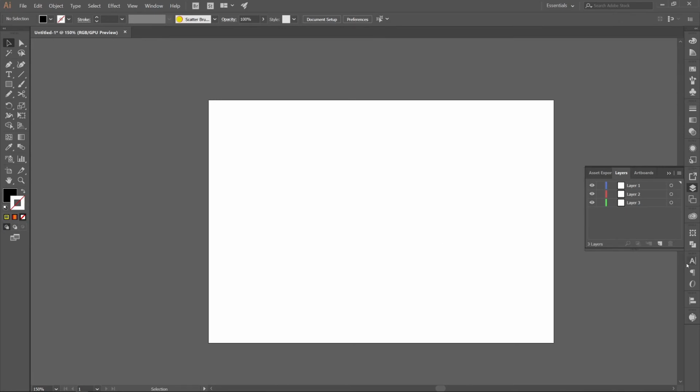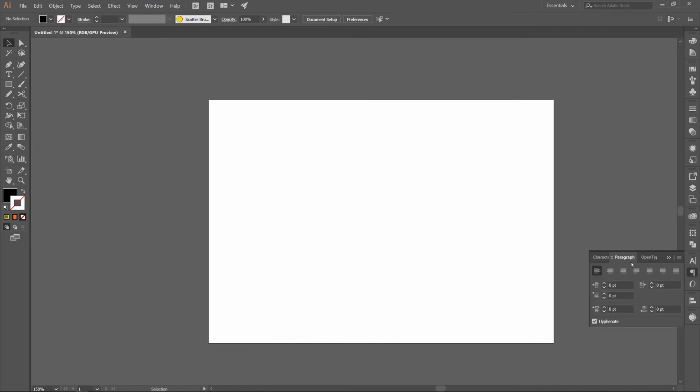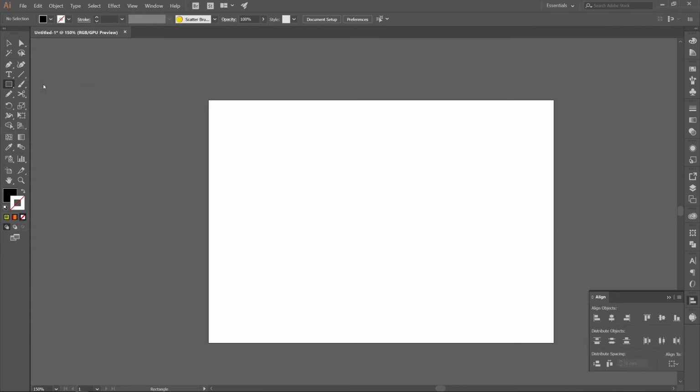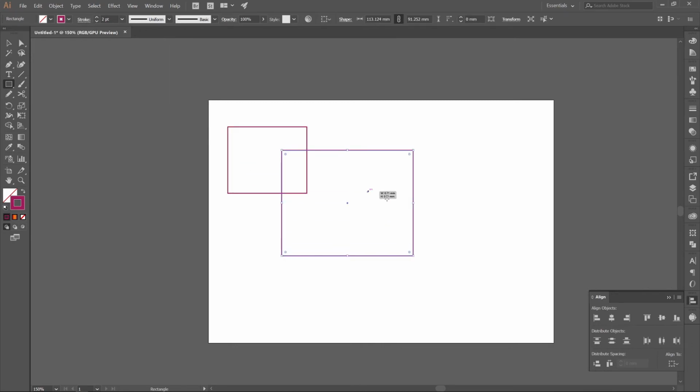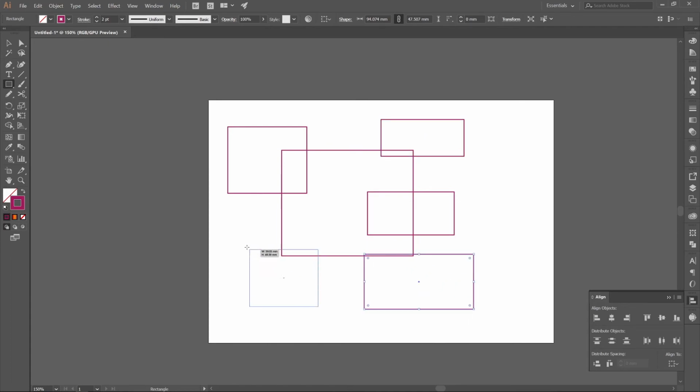So we also have stuff like character tools and paragraph tools. So if you have bits of text, you can edit your fonts and so on. And the align tools, which are really quite powerful in arranging stuff around your drawings. So for example, if I had rectangular shapes, now I'll just do them as strokes, and I'll make them quite big. So here I'll just draw random bits of random shapes,